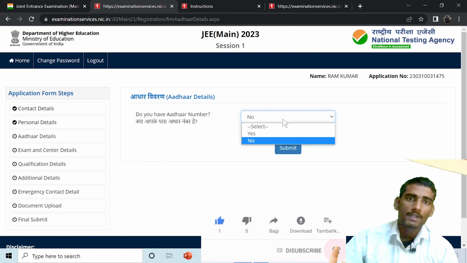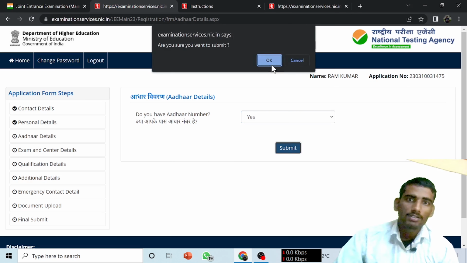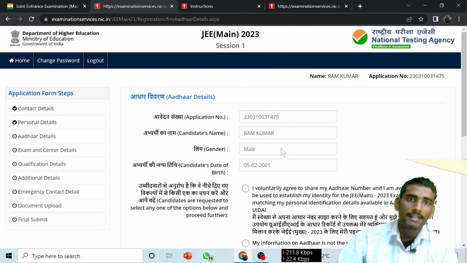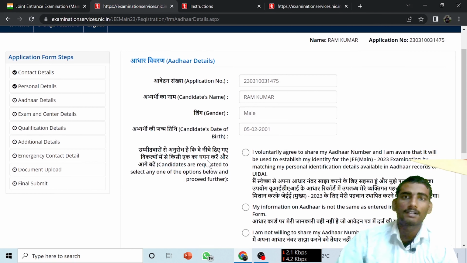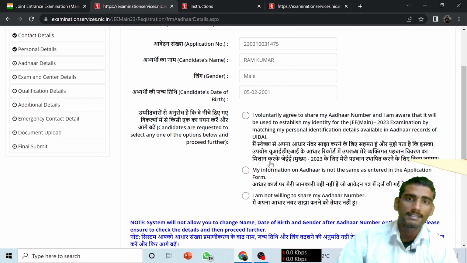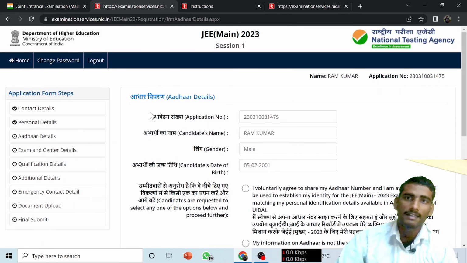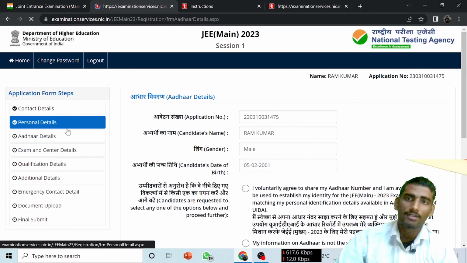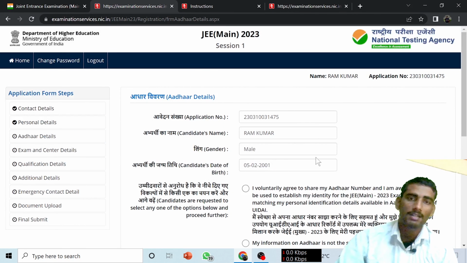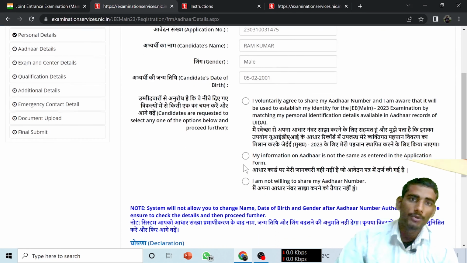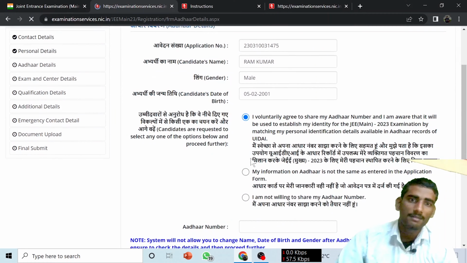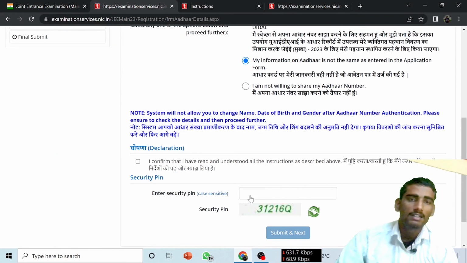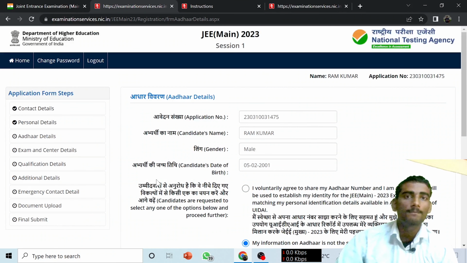Okay, so I'm just clicking on yes and submitting that. Okay, so are you sure you want to submit, then you have to give your, means basically after that you have to give the Aadhaar detail, and that is compulsory if you have selected the Aadhaar option. Okay, and if you don't want to give the Aadhaar number, means if you don't have an Aadhaar number, then you have to just click no. Okay, so these are all the things I want to share with you guys. Okay, and I am showing that just for the showing purpose.